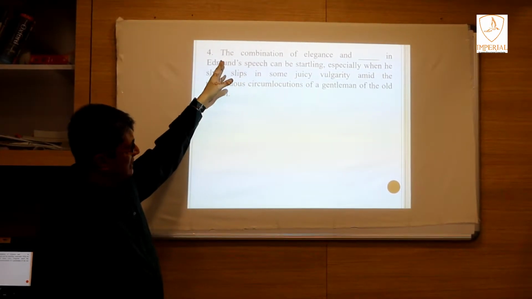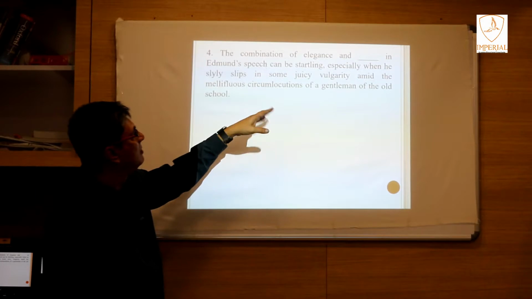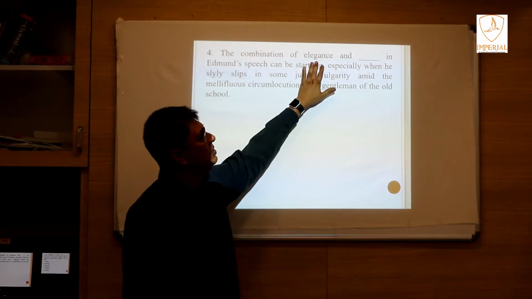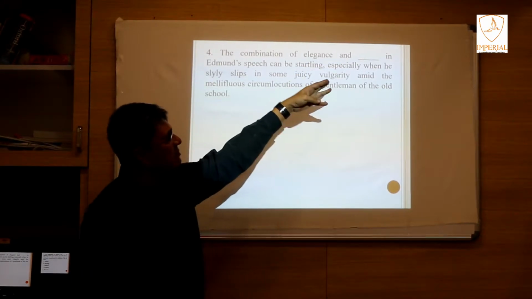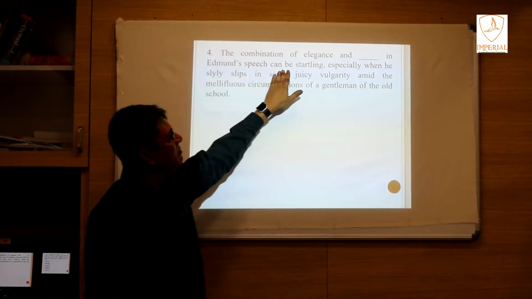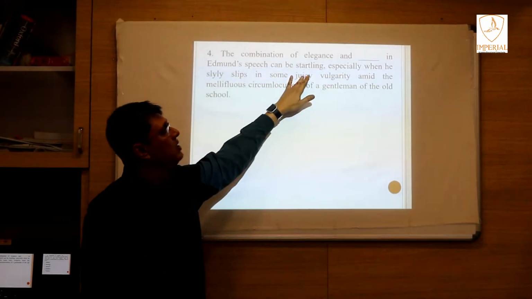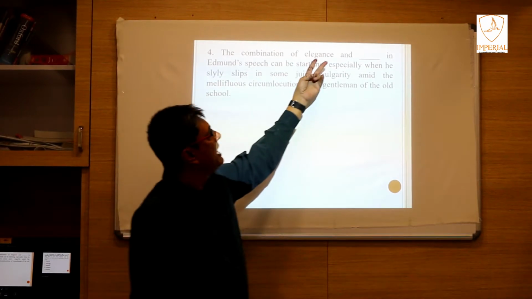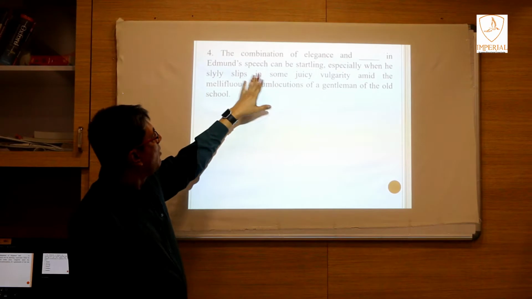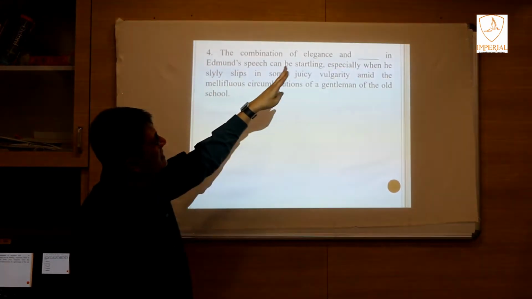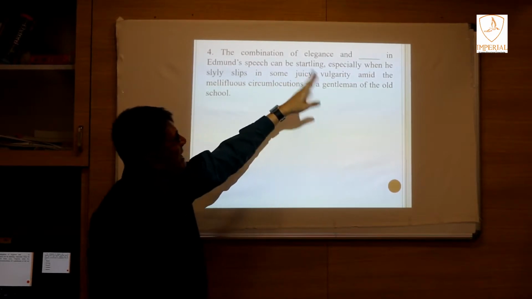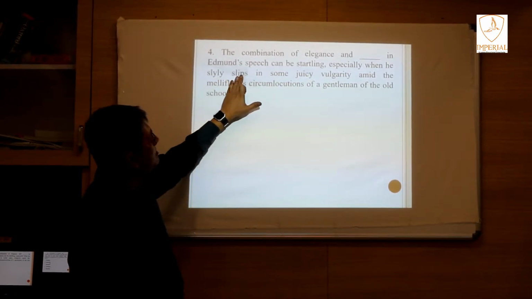If I were to attack it in a more simplistic manner, the combination of elegance is something which is good. And something, I don't know what that something is, in Edmund's speech can be startling, which is surprising. So probably there's an element of good and bad in the first blank. Now, the combination of elegance and something in Edmund's speech can be startling, surprising, especially when he slyly slips in